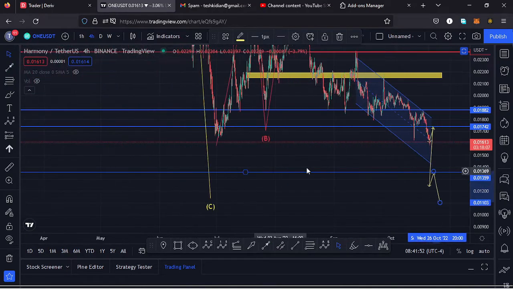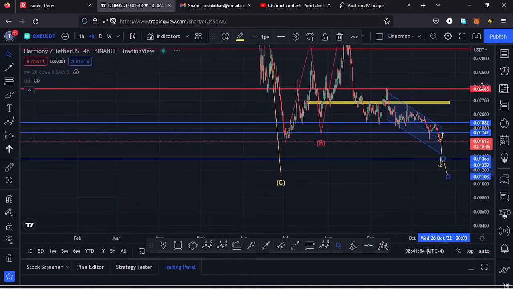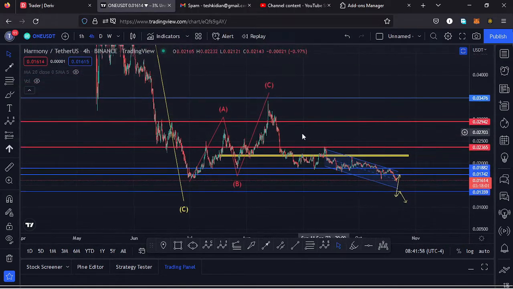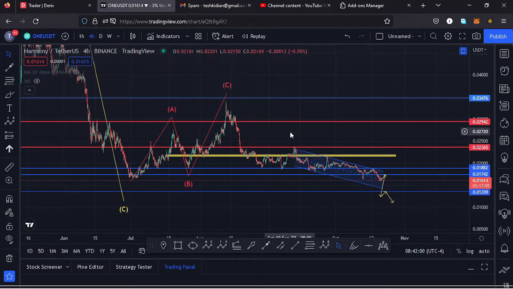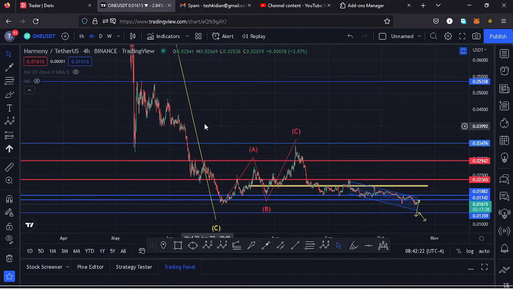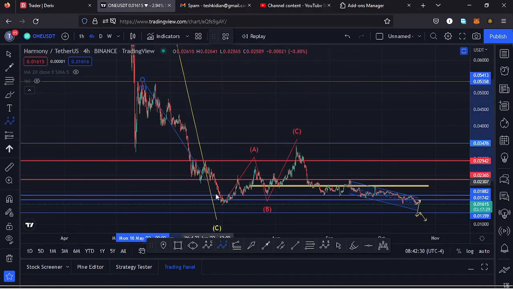Also zooming in on this chart so that we can have a wider view of it, and maybe have an Elliott wave structure. Right here there's an Elliott wave structure that is playing out on the Harmony 1 chart. We can have that structure starting at around the $0.05 mark. That is where it started to play out, having this as the first wave to the lower